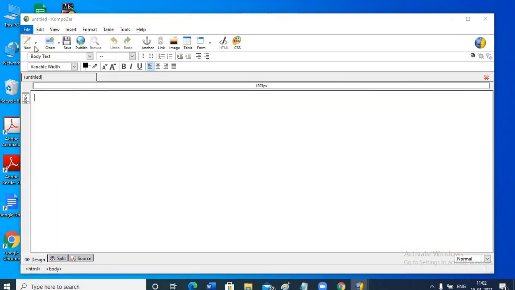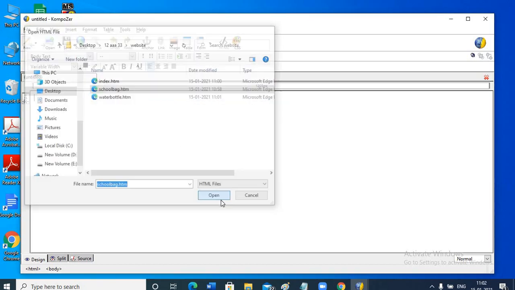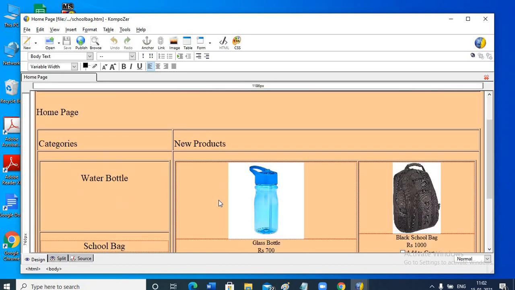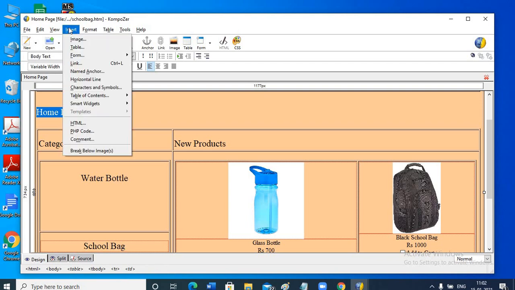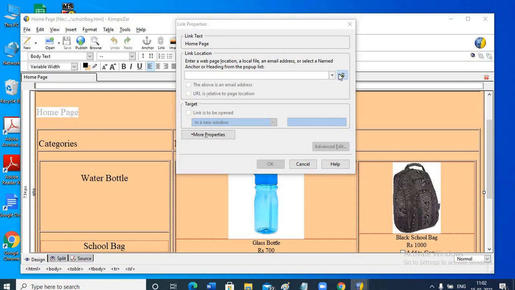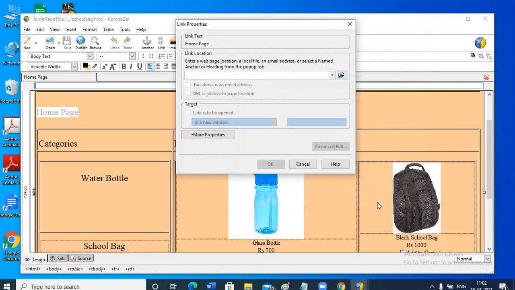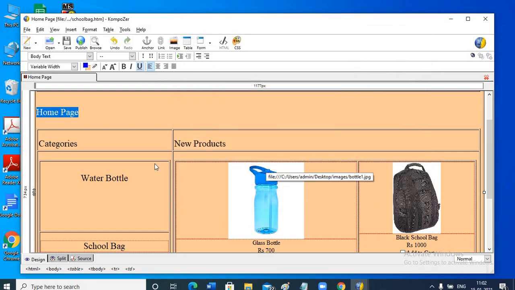Now again we'll close it. We'll open school bag, open. Again we are in school bag, so we'll first create the link for the home page. Select the text, insert link, index.htm, open, okay.